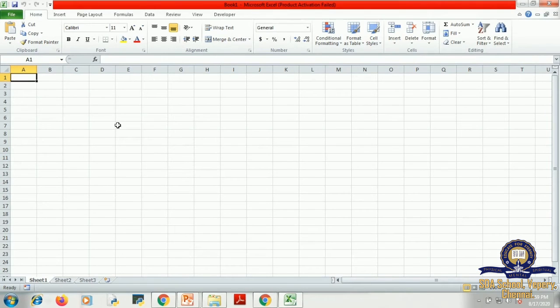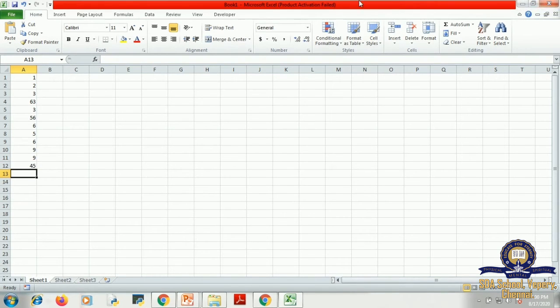Now I'm going to type a few values randomly. Any values I'm just giving here. You can type as many values as you want, and the values must contain numbers.